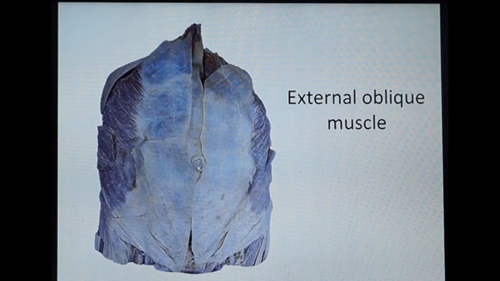in the midline to the linea alba, and below, inferiorly, it gets inserted to the pubic symphysis, pubic crest, pectineal line of pubis, and it also gets inserted to the iliac crest, the outer lip of the anterior 2/3 of the iliac crest, and its lower free border forms the inguinal ligament. It gets folded to form the inguinal ligament, and posteriorly also it has got the free border, and superiorly also it has got the free border.